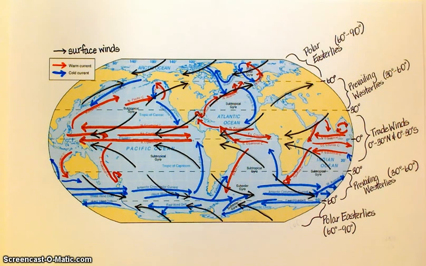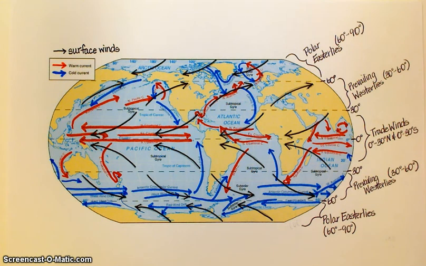Okay, so you should have something that looks kind of like this. And again, like I said, if you're dealing with a black and white copy, just take a little bit of extra time and make sure that you're marking the correct arrows with red or blue. Now, what's interesting once you get this all marked up is that you can start to see some general circulation